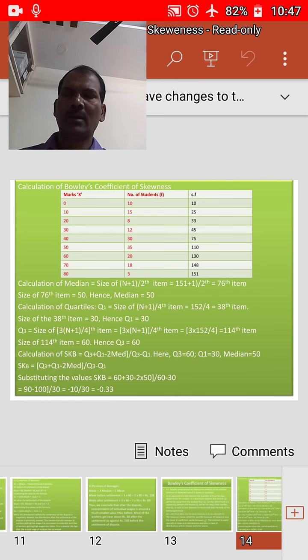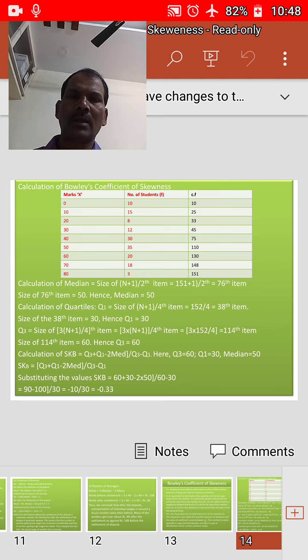Q3: find the size of 3 into (n plus 1) by 4th item. That is 3 into 152 by 4, which is 3 into 38, equal to the 114th item. The size of the 114th item in the cumulative frequency lies in 130 of the cumulative frequency, hence the corresponding class is 60, hence the Q3 is